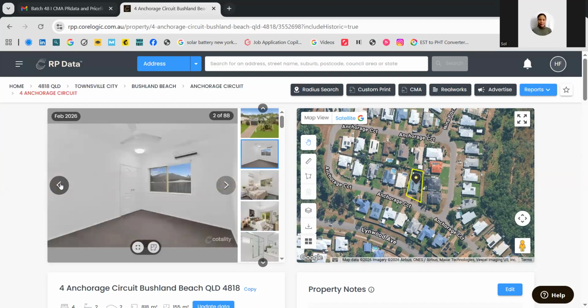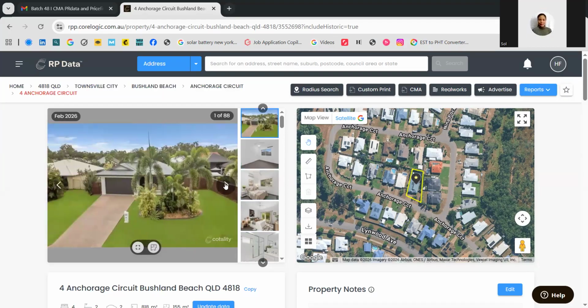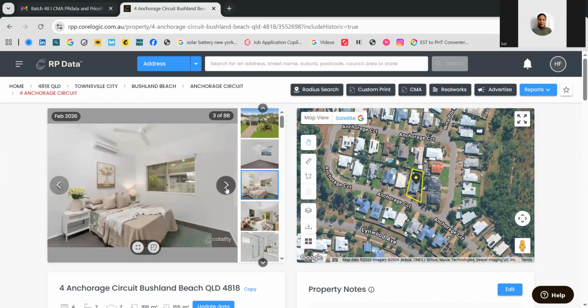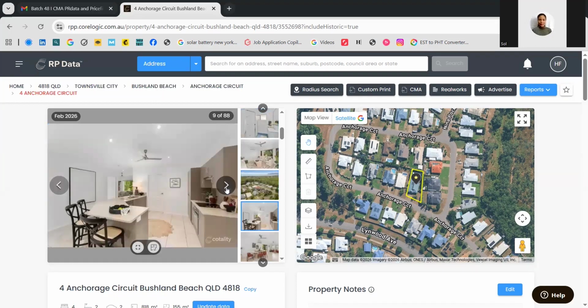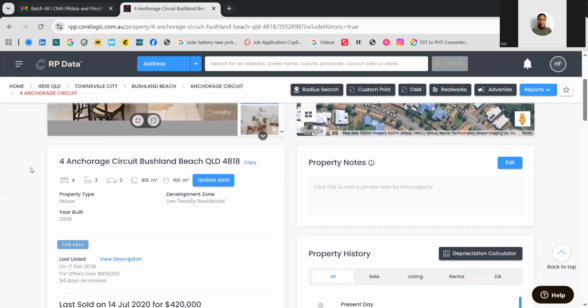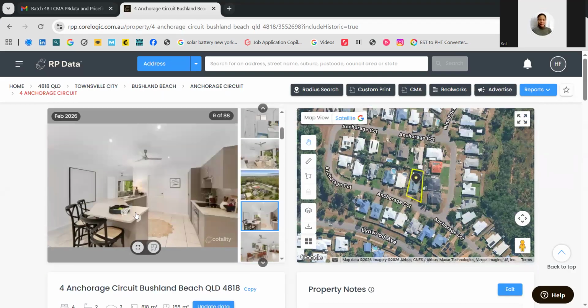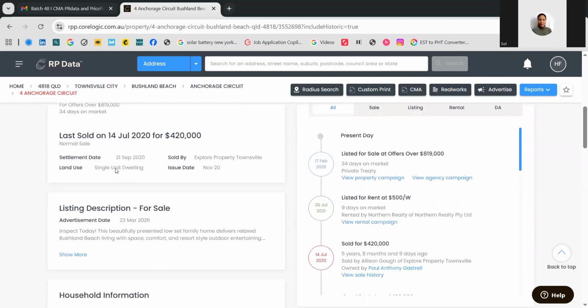That includes not only external, sometimes there's also internal images like the kitchen, the bedroom, etc. Now, at the right side, you can see the map where it is located and the address, and then the number of attributes: the beds, number of baths, number of carports, the land size, the floor area, the property type, and this one is a house, and so on and so forth.